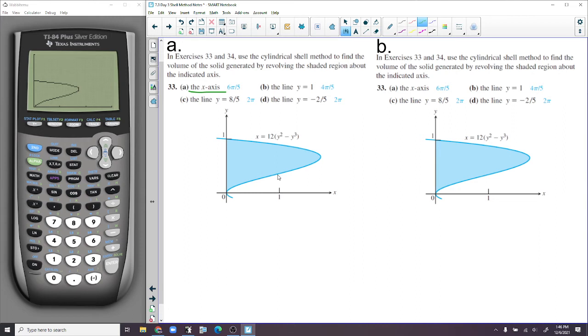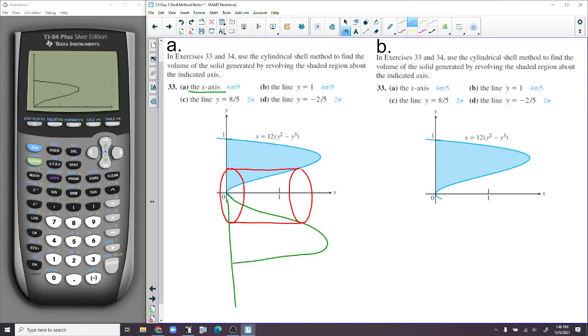How about the halfway turn? Something like that, right? We pick a y value this time, and that y value halfway around would be there. So here's one shell, one cylinder. So we're going to do the integral from 0 to 1